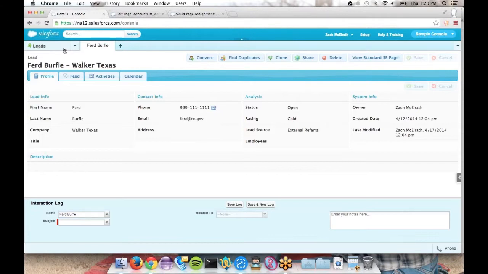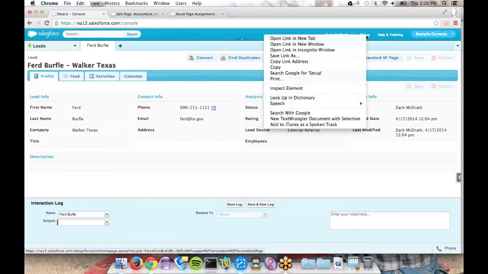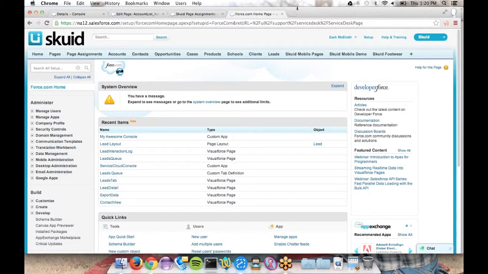Now, let's go show some examples of how you set this up. At a very basic level, this is all done the same way you would set up normal Squid to run through Visualforce. You have to set up a Visualforce override. But the difference here with Squid in a console environment is you have to do a slightly different override syntax. Now, we're not going to go too much depth here about that. We're going to talk about that more in our resources that we'll be sending over the next week. But let's go show how this is done.